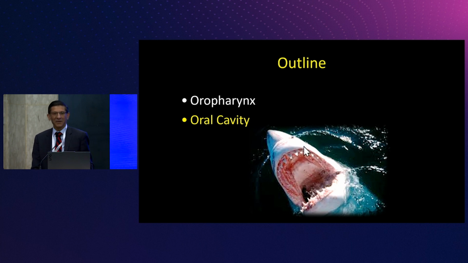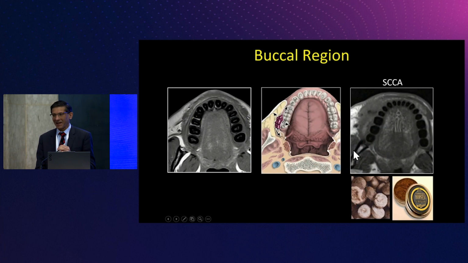Okay. All right. So now we'll go ahead and turn our attention to the oral cavity. Dr. Weil, again, did just an absolutely wonderful job talking about the buccal region, where he talked about the gingivobuccal sulcus. So in the United States, the most common cause of a buccal cancer is going to be snuff dipping. So you take tobacco and you put it between your cheek and your jaw. Now, Dr. Shroff and I, being from India, know the other common cause of buccal cancer, and that's betel nut. So this is the classical example of a betel nut.